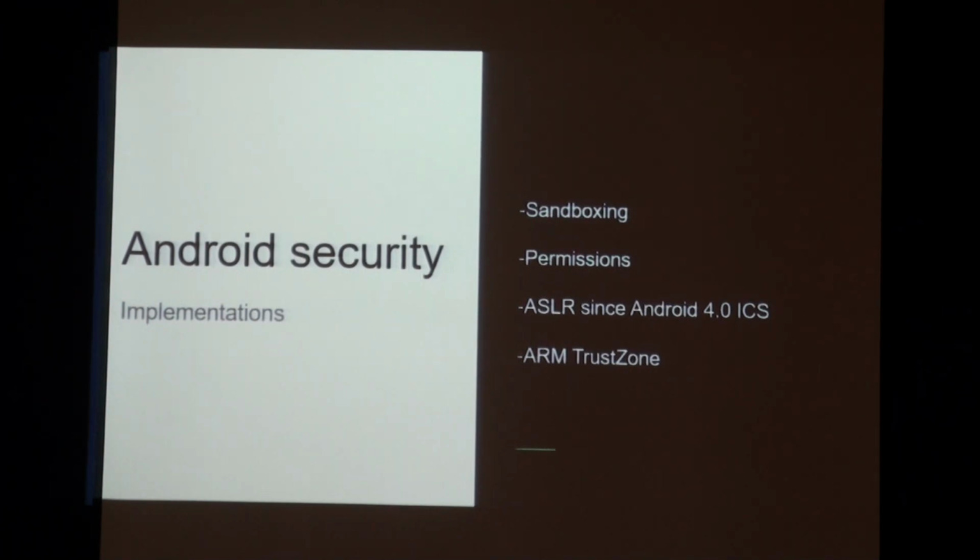So they are sandboxed, and the sharing of data between these processes is done using IPC, which is again done in a secure environment. And Android is largely based on a permissions model. If any of you have developed Android applications, or at least installed Android applications from a third-party vendor other than the Play Store, you might have seen it display some permissions. That is how the permission model works.